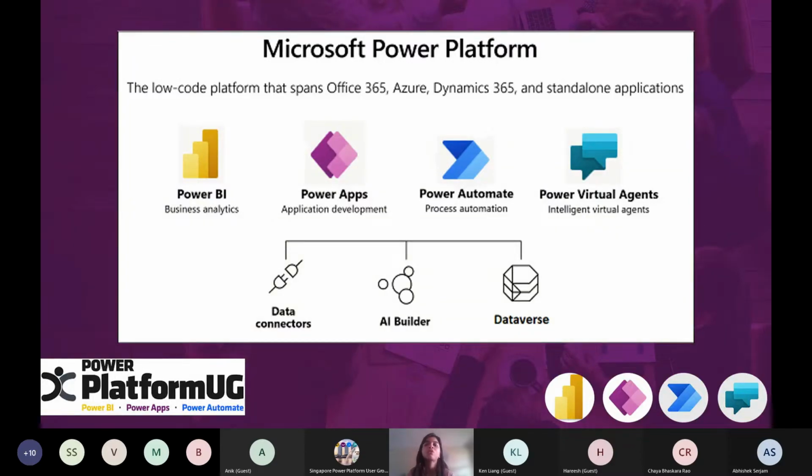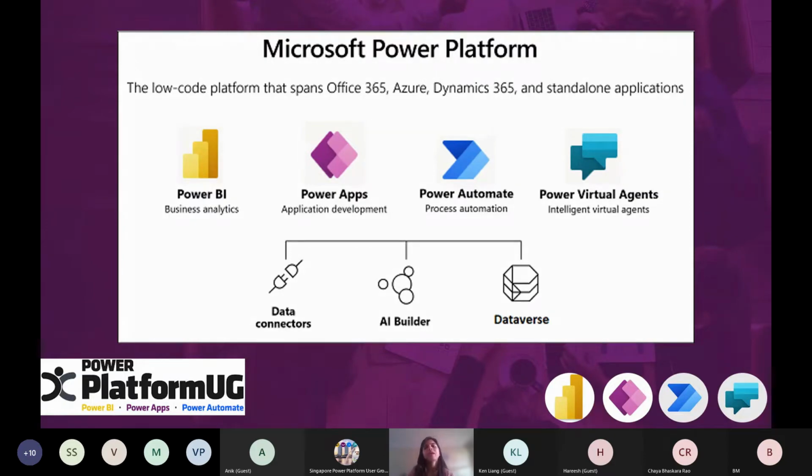Before we proceed to the demo, I just want to quickly share the Power Platform space in Microsoft, the low-code, no-code platform. We have 4 dimensions in that: Power BI, Power Apps, Power Automate, and Power Virtual Agents. Power BI is the reporting or analytics space. Power Apps is the application area where we develop all our apps, be it Canvas apps, which are phone apps, or model-driven apps that you can view on your tablet or laptop. On Power Automate, if you're in the Dynamics 365 space, you would know about workflows. Workflows have been modified into Power Automate flows.